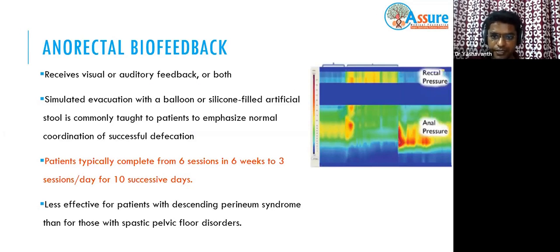So as I said, as a treatment you give laxatives. After laxatives, next in case of dyssynergia is biofeedback. Biofeedback is just like doing a manometry again. You place the transducer in the lower GIT and you ask the patient to squeeze, or mimic the act of defecation. When they mimic, usually they'll have an increase in rectal pressure and an increase in anal pressure, like in a typical type 1, which we discussed. That is the most common.